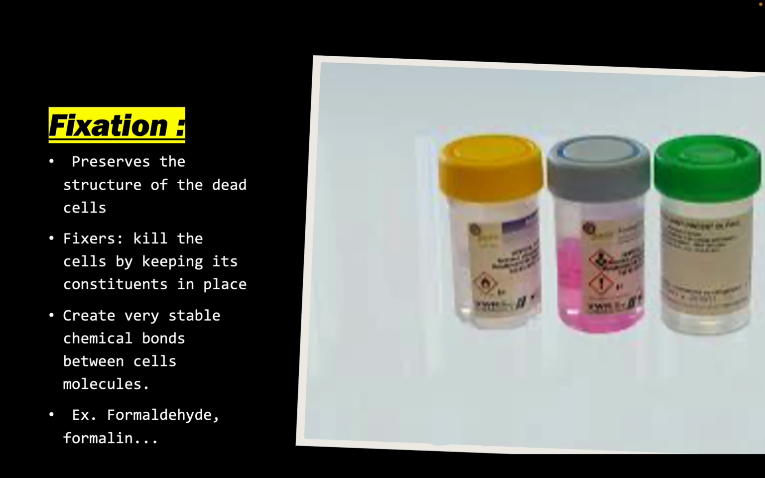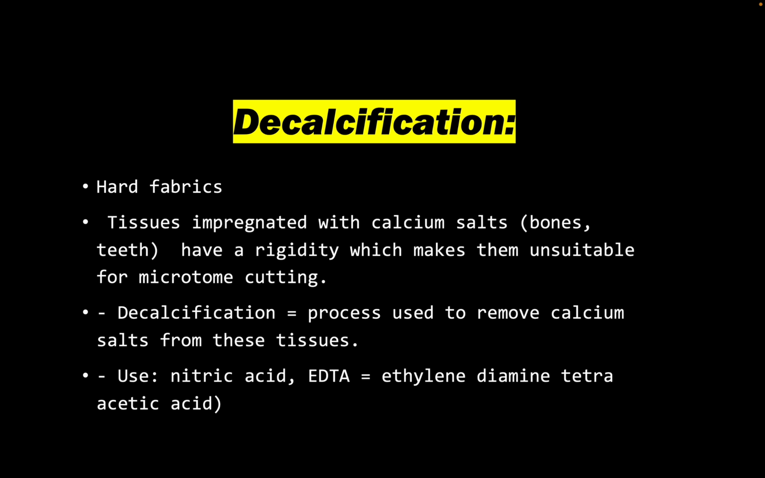So let's start with fixation. It preserves the structure of the dead cells. Fixers kill the cells by keeping its constituents in place, creating very stable chemical bonds between cell molecules. Example, formaldehyde and formalin. Then we have decalcification. Hard tissues are impregnated with calcium salts; bones and teeth have a rigidity